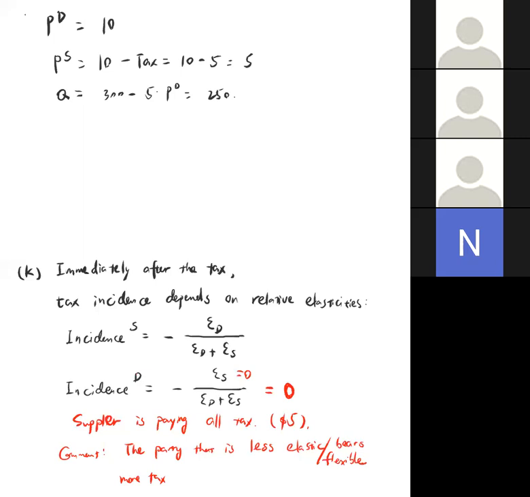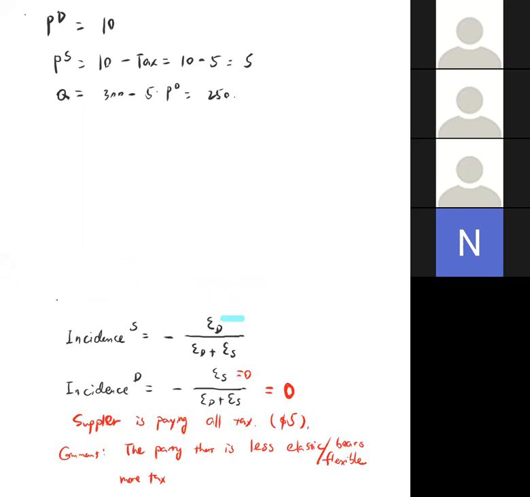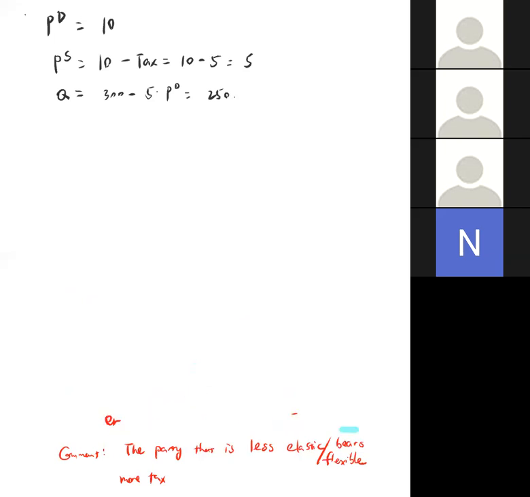Then moving on to part L, what is the effect of the $5 parking tax in the long run, and what is the effect on the prices paid by drivers, the price earned by parking lot owners, and the number of parking spaces being used? So for part L,